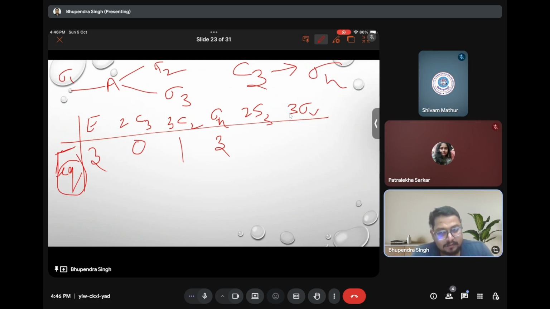So, as you apply C3, all the bonds are going to change their position. So what will be the correct term then? 0. And for sigma v,